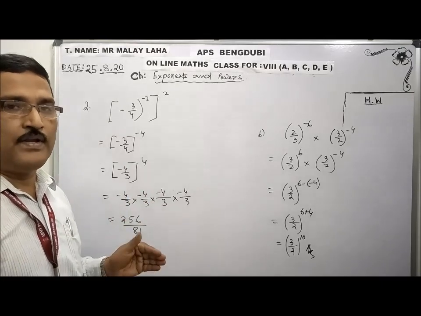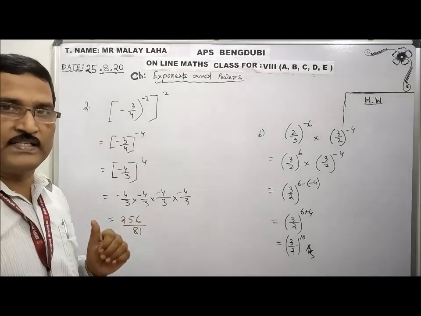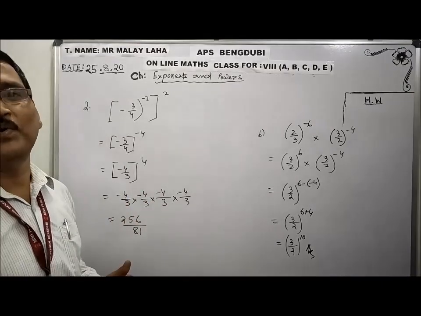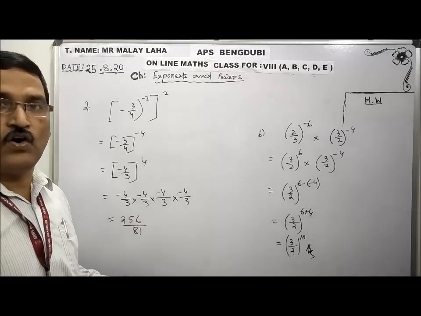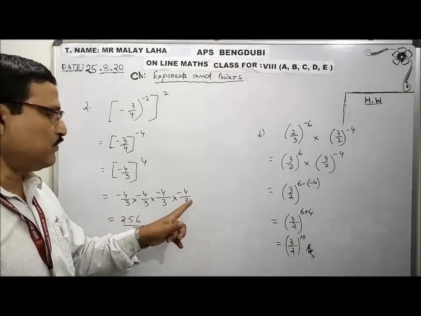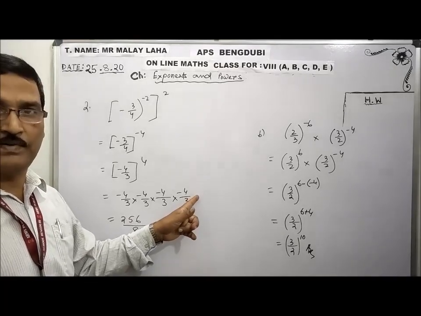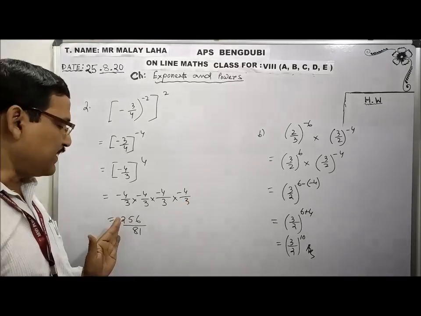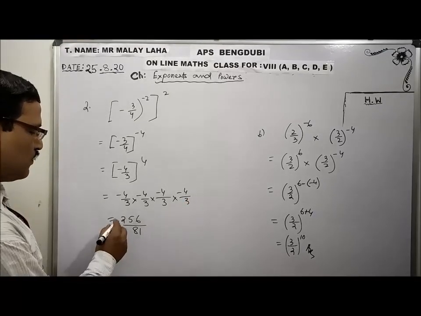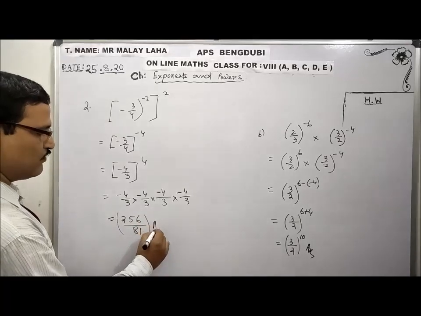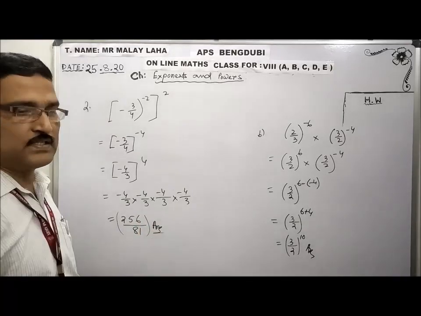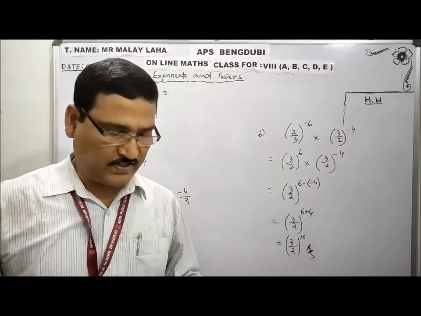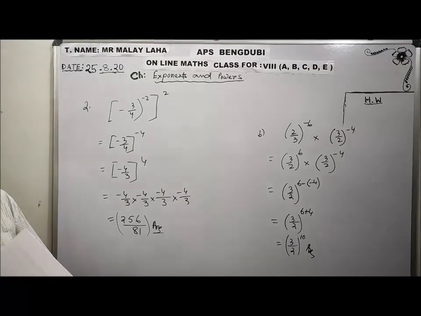4 is what type of number? Even. When the number of negative signs is even, the product will be positive. And if it is odd, then it will be negative. If one more minus 4 is there, then it will be a negative result. No need to divide it. You will leave the answers of this exercise in fraction form.